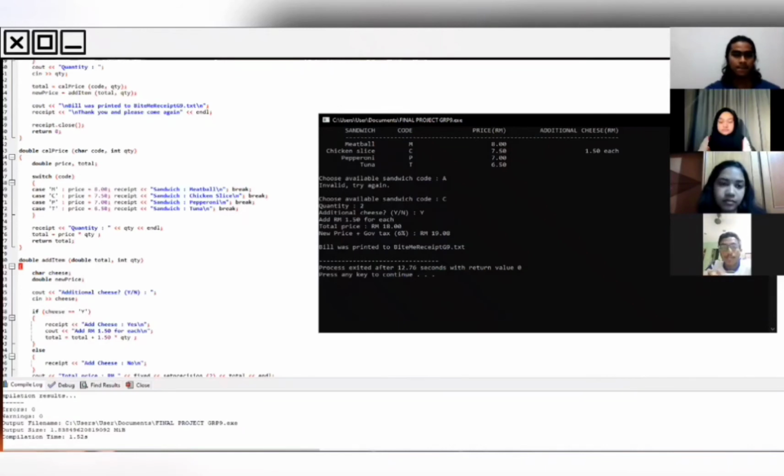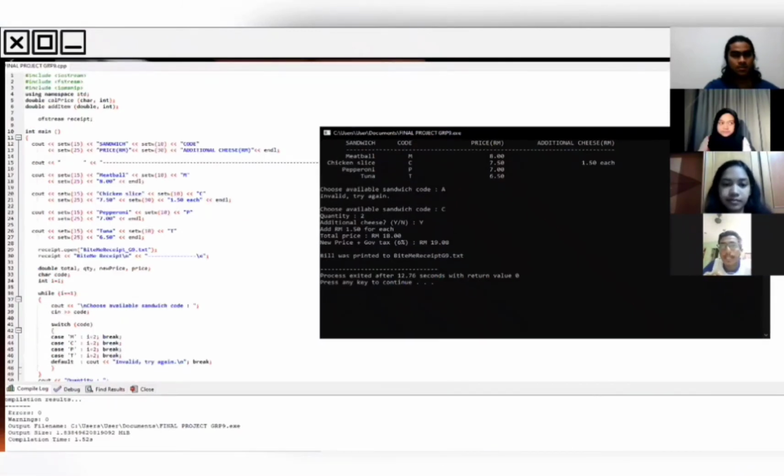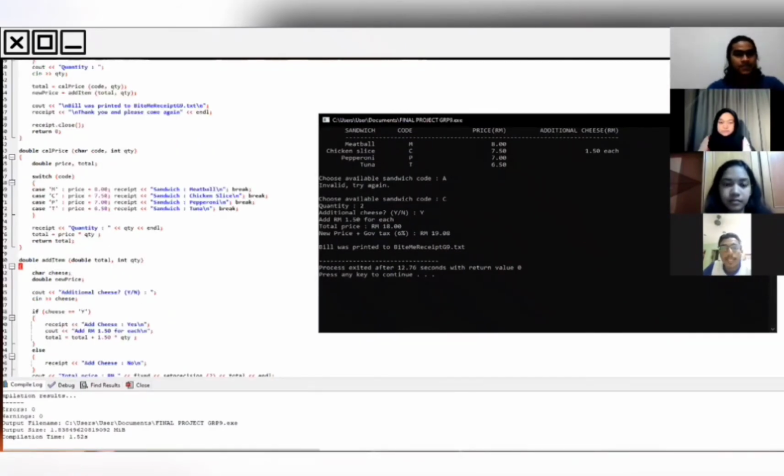After it breaks out of the switch, it will print out the quantity in the receipt file, and then proceed to line number 76. The program will calculate the total by multiplying the price with the quantity of the item. And next, the function will return the value of the total back to the main function. So from the main function, in line number 53, the variable total is assigned the value returned by the function calculate price, and then